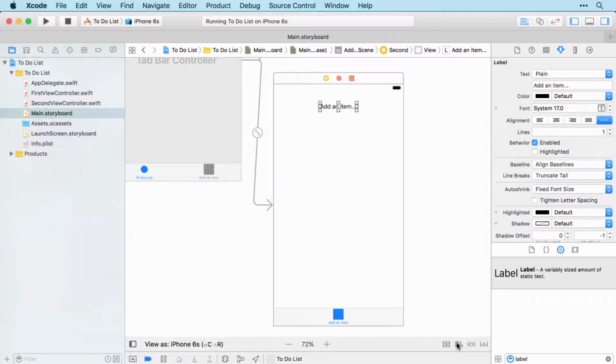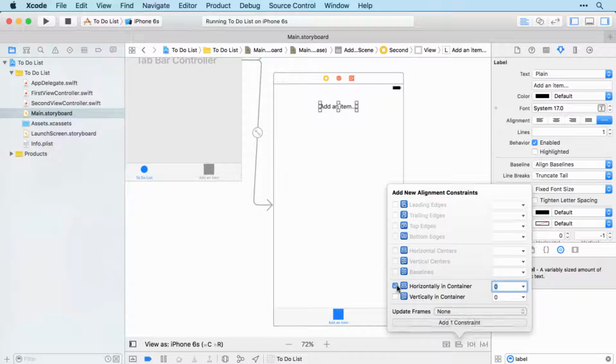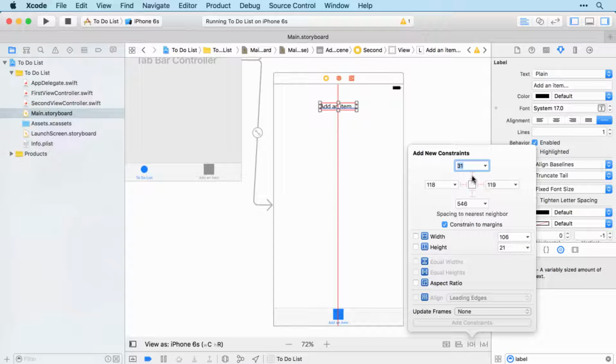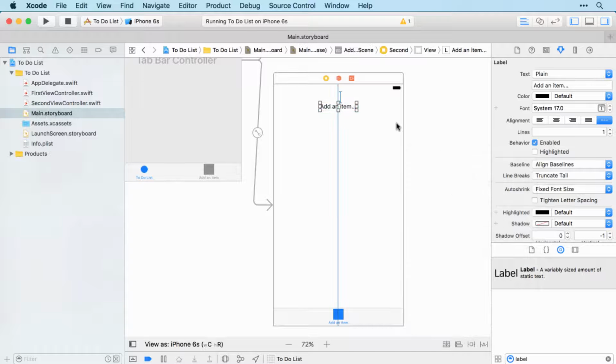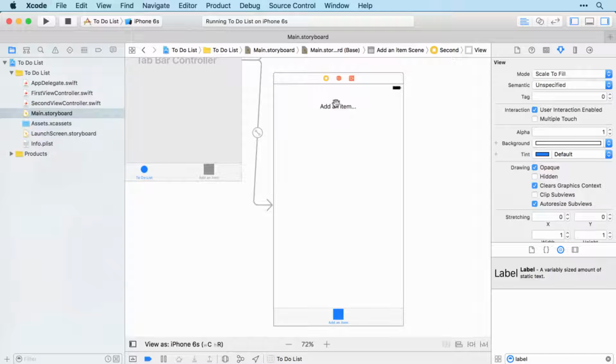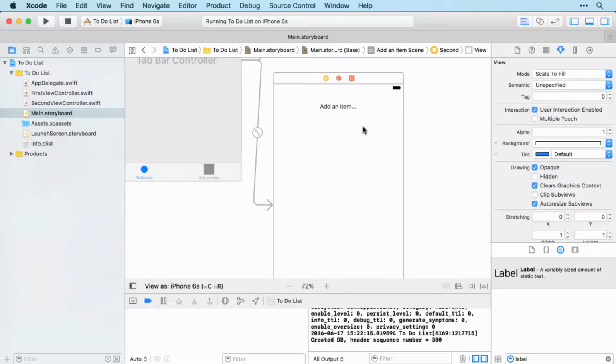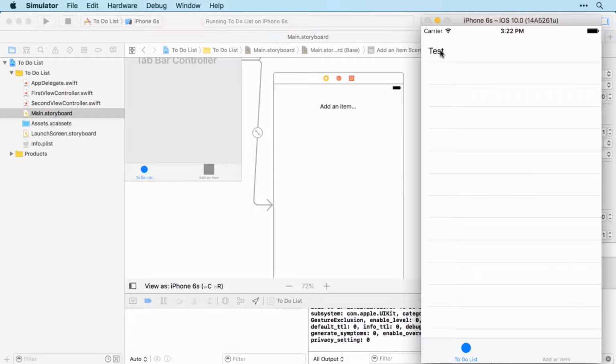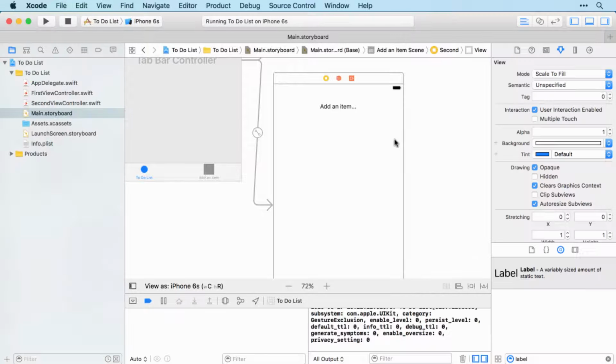So we'll center horizontally in the container and then set the upper constraint to link to the top of the screen there. Oh, it looks like our table is ready. Let's have a quick look. There we go. So we've got test and that all works great. Brilliant. So let's carry on with our